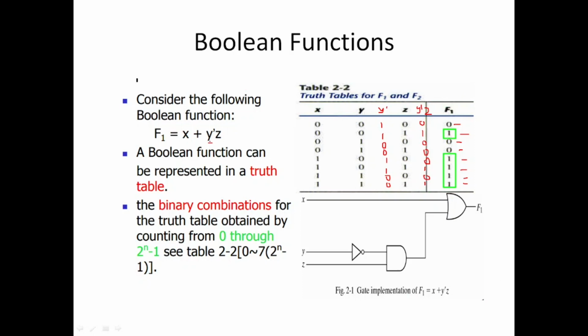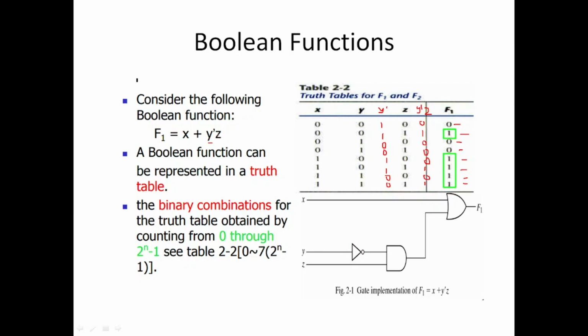While drawing the circuit diagram, we have to give preference to the complement value, so y dash. While forming the truth table also, we have to go with the operator precedence. We discussed the operator precedence in the previous slide, no? We have to follow the precedence of operators. So the first preference is given to y dash. So y is complemented, that is, using a NOT gate here. And after that we have to use an AND gate.